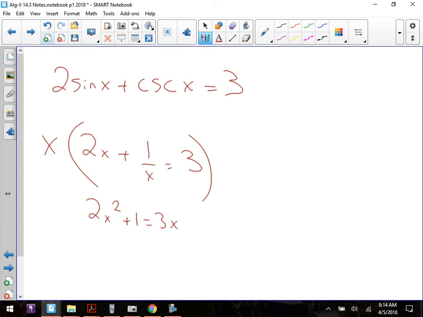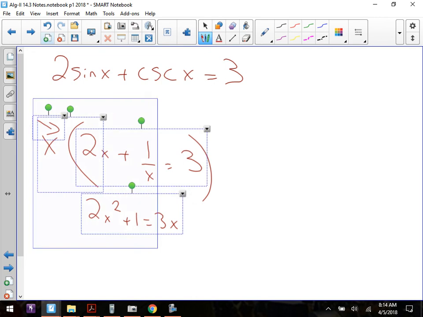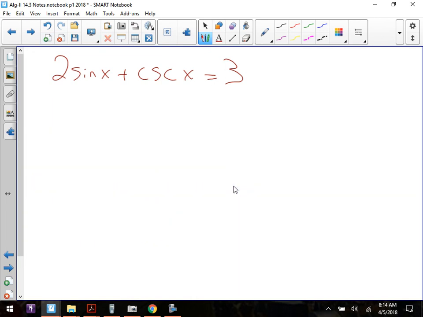Exactly. The idea of how you undo stuff to manipulate algebraically doesn't change at all. When you have reciprocal properties, sine and cosine, you can do this exact style thing. Here's what happens. When you do it that way, you have 2 sine x plus 1 over sine. And think of it as you want to get rid of the fraction. How do you get rid of a fraction? Well, you multiply everything by the denominator, just like you have in the past. That process of algebra hasn't changed. It just so happens that there's more letters to it. So if you multiply everything by sine,